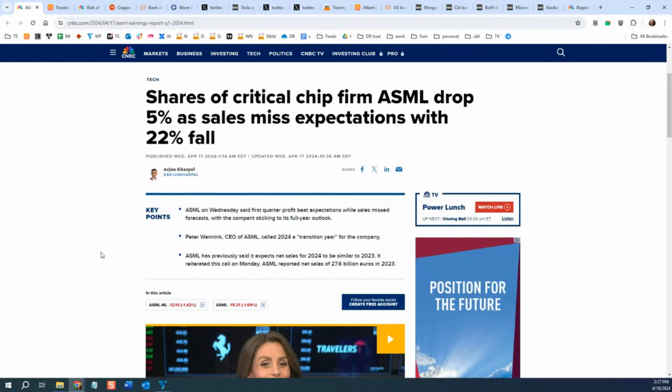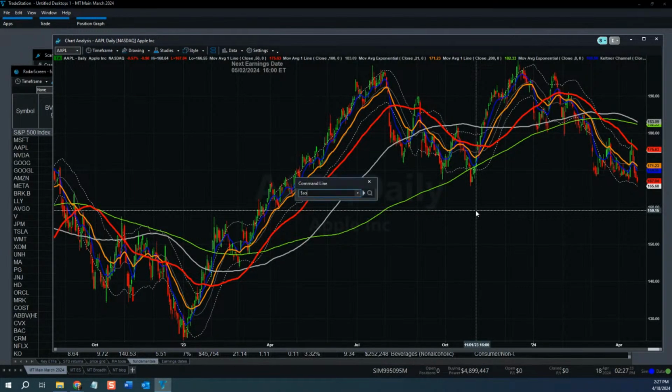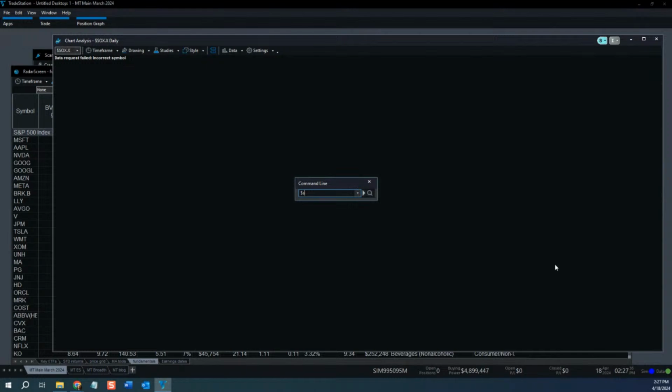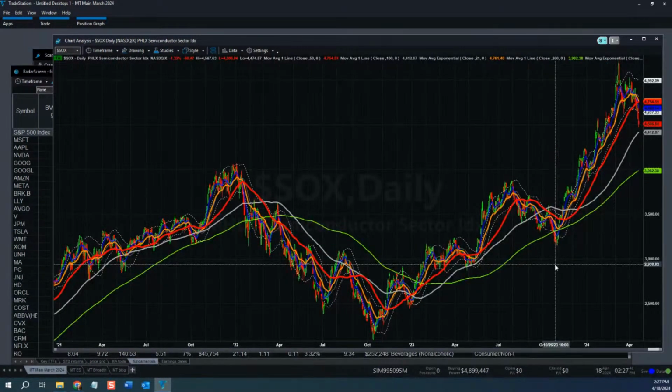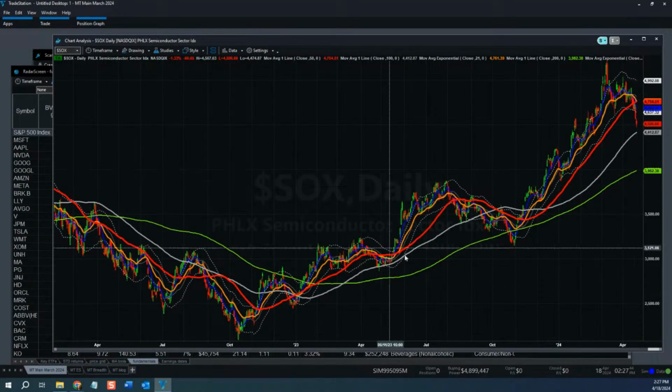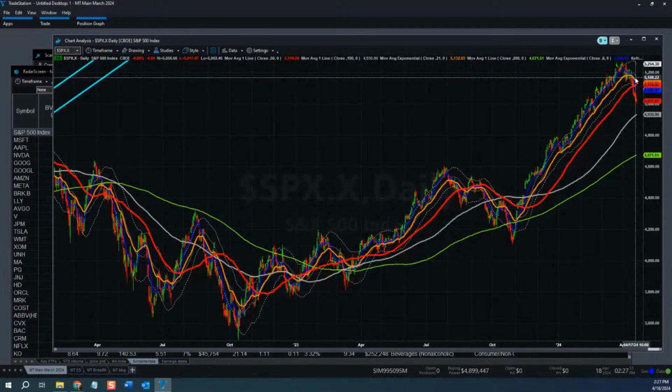My view now about something like semis, you've got to be careful, because if you look back to a period last year, we had that big rally in the spring on AI, and then there was a period of sideways movement. And right now, when you look overall at something like the Philadelphia Semiconductor Index, dollar sign SOX, you get these periods simply of consolidation. And one of the things I was thinking here is if you look back at the overall market, if you look back to this period here,